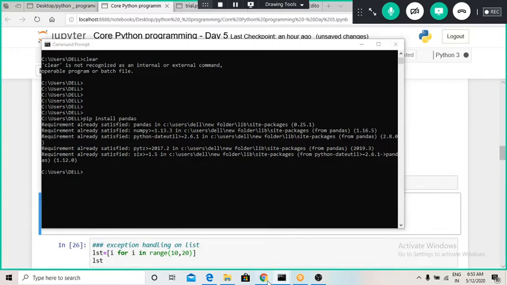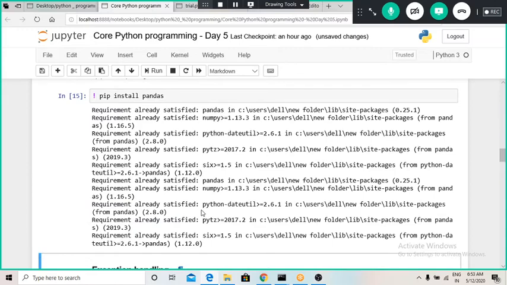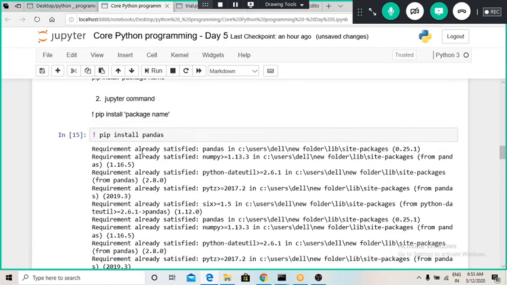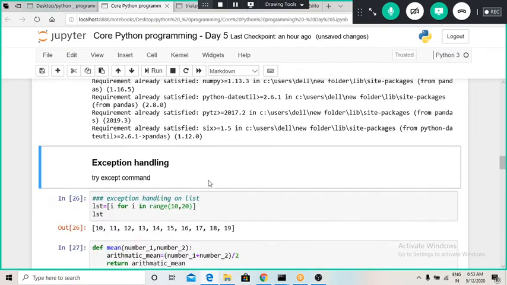So whenever you are stuck in such programming, make sure you use whichever way you find suitable to install a library. There is also the same warning that the requirement is already satisfied, so it is not installing it. Now we will move on to another point of exception handling.